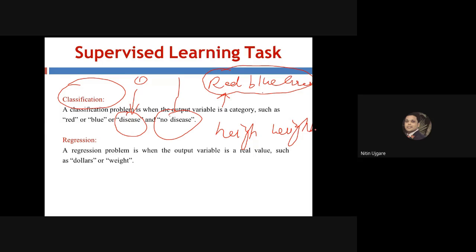For example, the height of the person given to us is 5.2 and the weight of the given person is, let's say, 55.5. Let's say the height of the person is 5.7, and given the height, the weight we have predicted is 75 kg. Okay, so that's it for supervised learning.